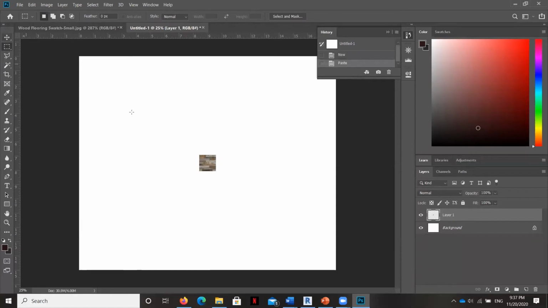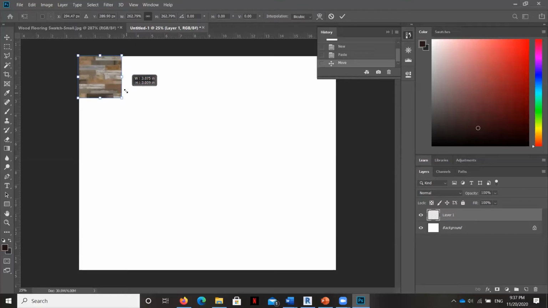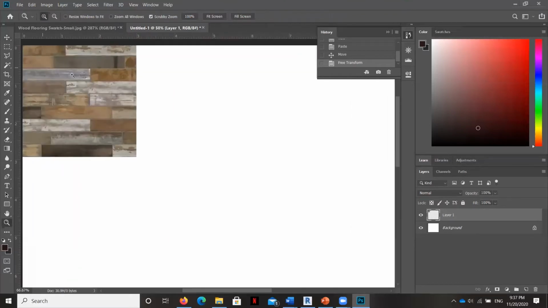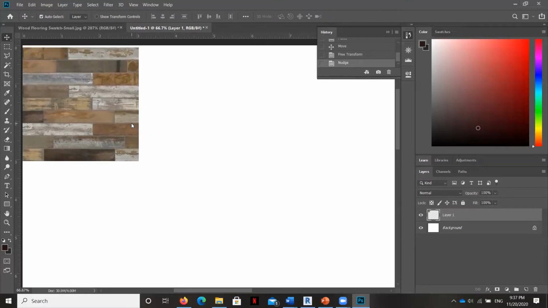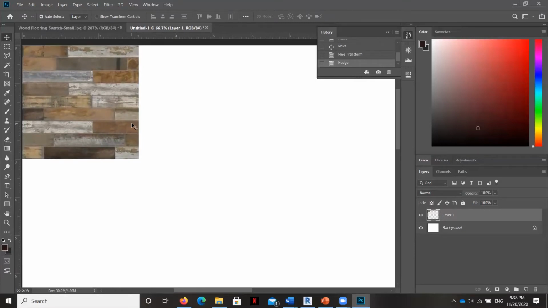You can see, because this original image was low resolution, when I bring it into a high resolution canvas, it gets really small. So I'm going to bring it up here. I'm going to hit that move command, and hit Control T to stretch it. If I hover and stretch this way, it's going to maintain the proportions. I hit enter now, and I'm going to zoom in. It's still looking pretty good. I just don't want my Revit file to get so big that it crashes. In addition, a big Revit file will take up a lot of space on your computer. So you want to be mindful of the size of your files.